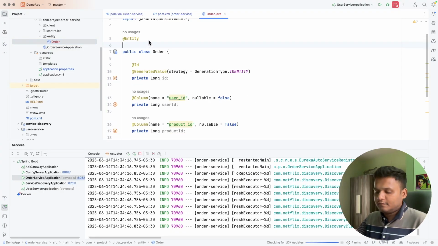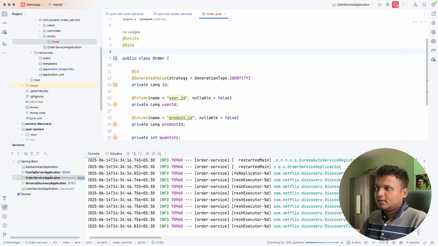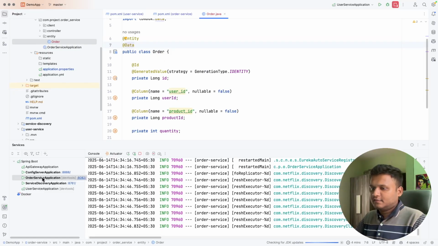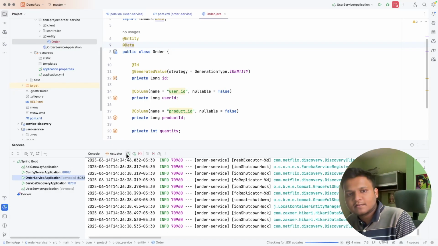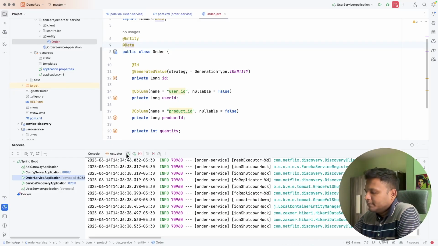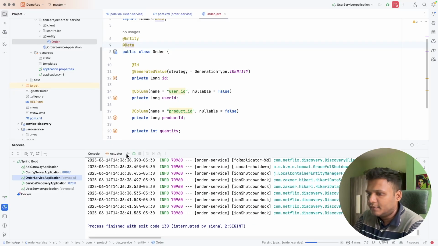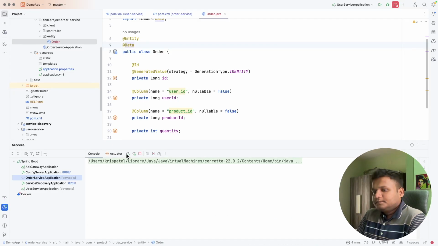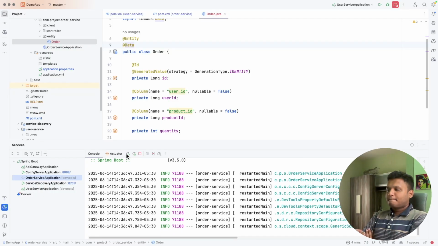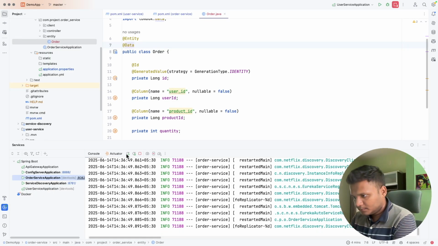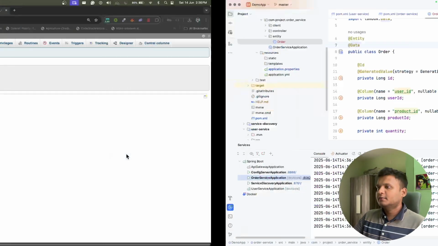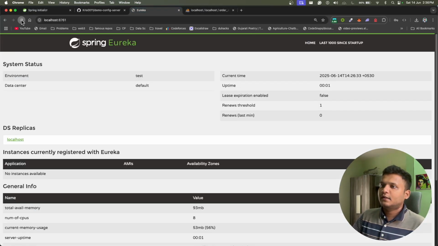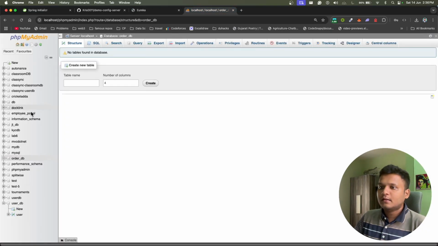And in order, right now I can set data for the getters and setters, and let me just rerun the order service, and like I said, now it should be reflecting in the database as well. Right, and let's check in the Eureka. Order service is there, and now in order DB,